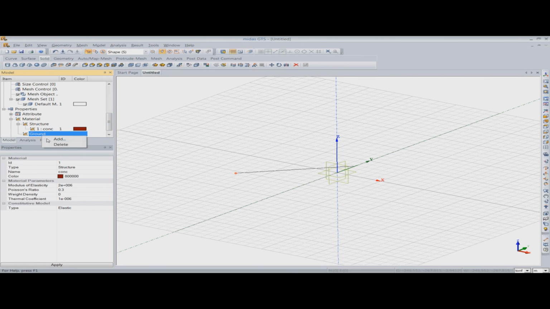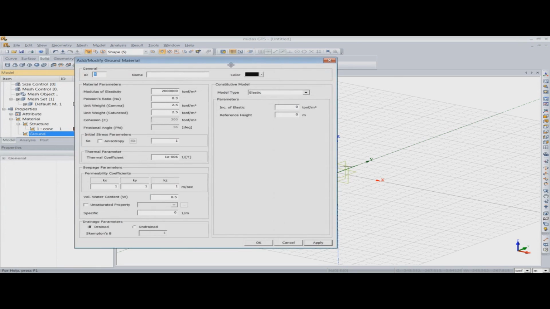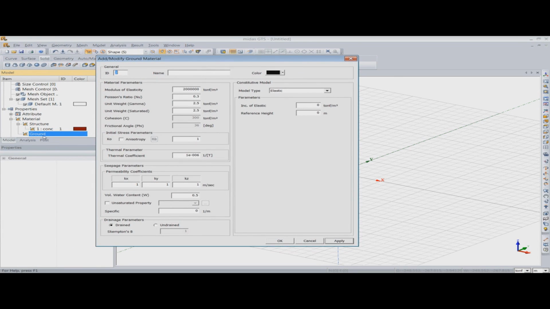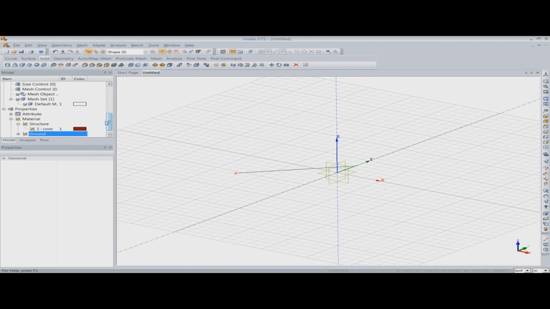under the structures field. If I want to define the ground type of material, I can go to the ground material. I can define various parameters. I can select the constitutive model associated with this material, and once I define it, it will appear under the ground material.